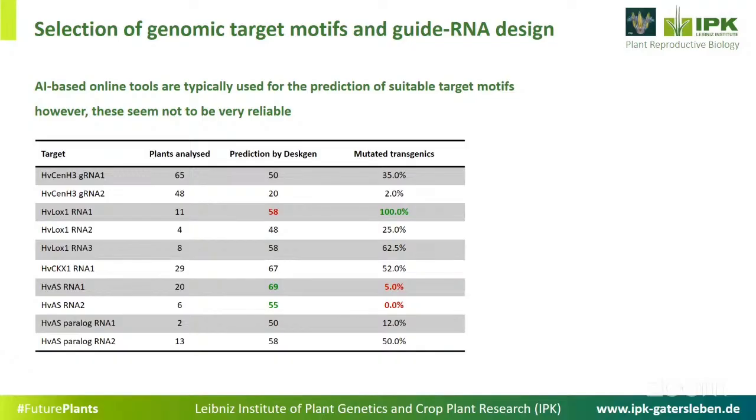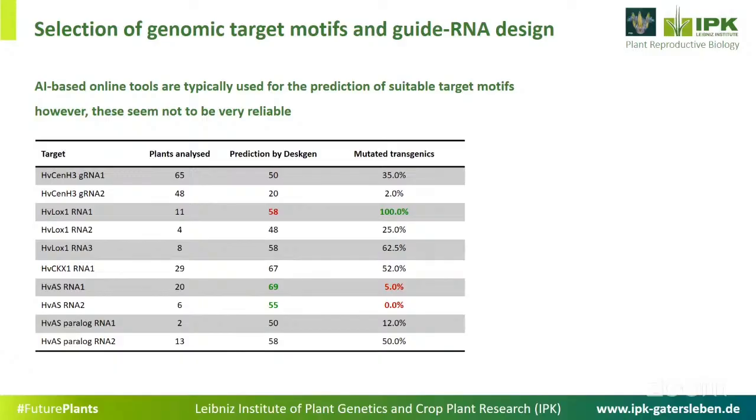And the prediction of this chain is that 50% of these plants will be mutated. In the third line, you see a prediction that 58% of the plants will be mutated, but we were much more successful. We got 100%, shown in green. And at the opposite end, you see here in the Aldostrian